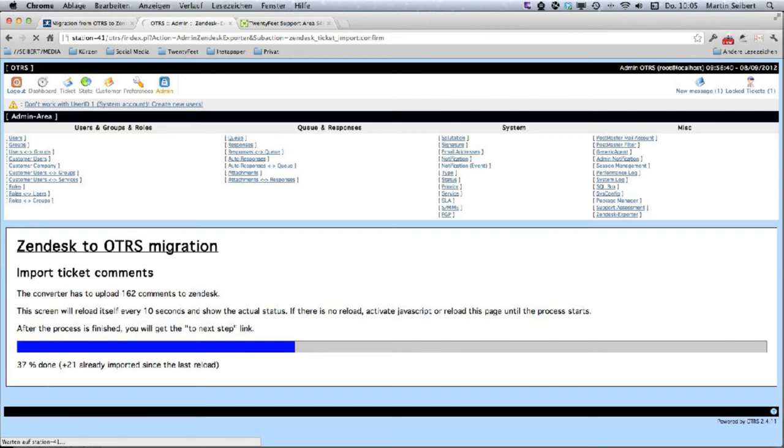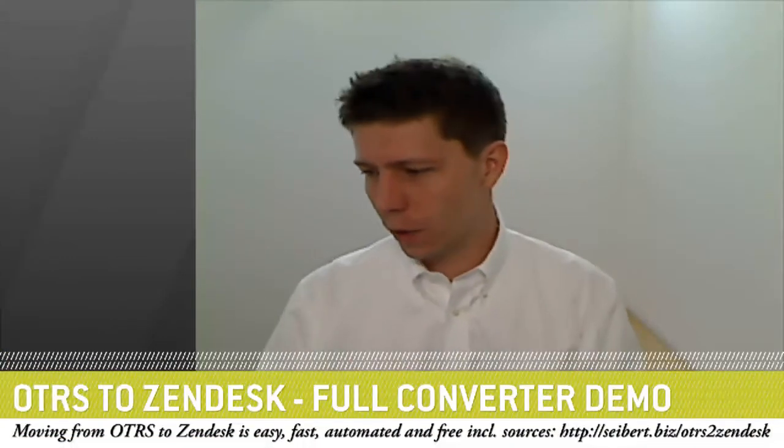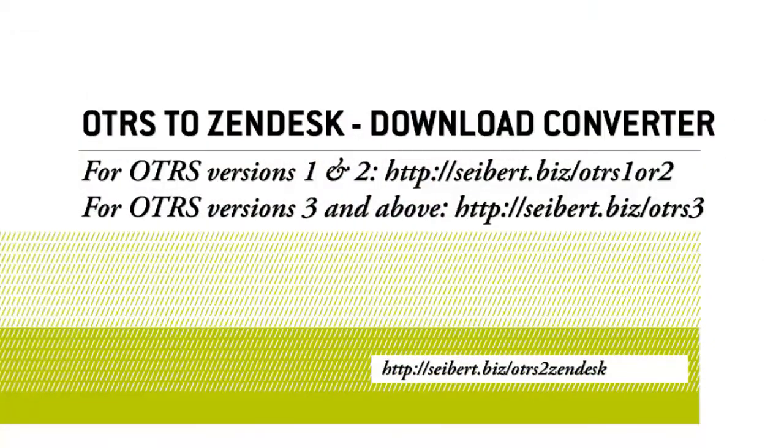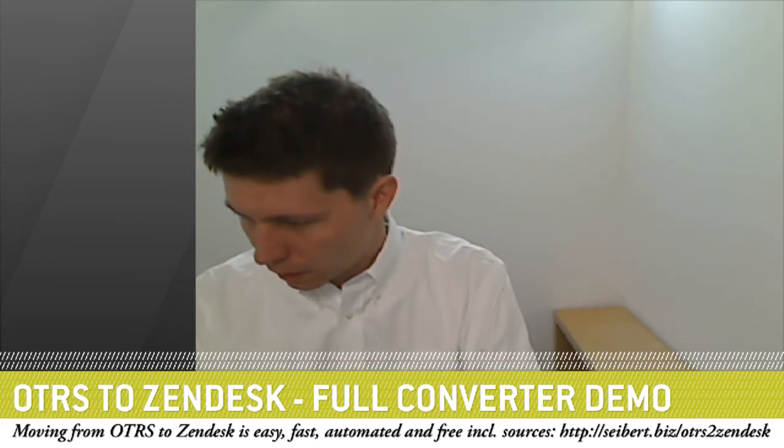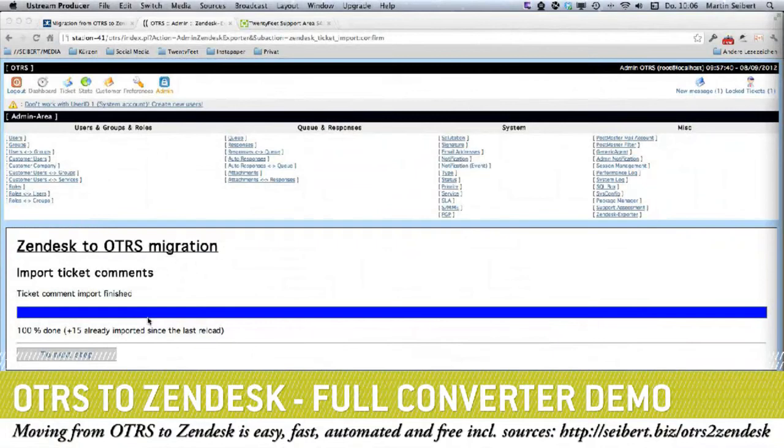So basically this is the OTRS Converter. I'll let you wait until all these things work again fully, but basically this is how it works. So what you want to do is download these converters for the right OTRS version that you have. You want to install it through the package manager. Then you want to try it out in a sandbox in test mode. Then you want to try it in the sandbox with the full load of your OTRS system. And then you want to import it into your live system. And please let me emphasize again, please turn off all automations and all triggers so that no emails get fired off. Okay, and while I was talking, the comments have been imported